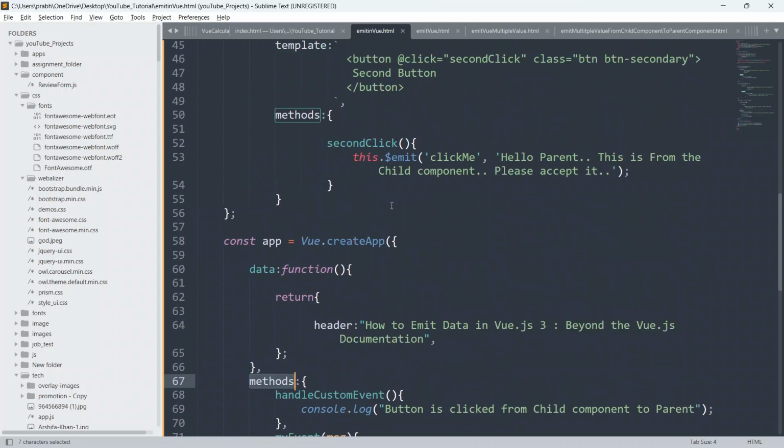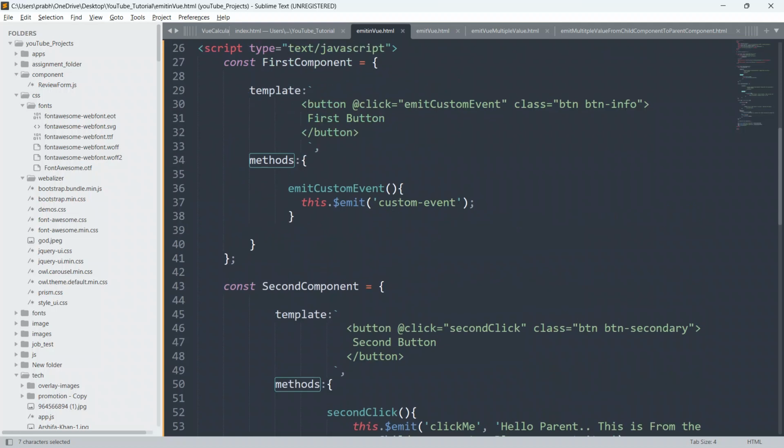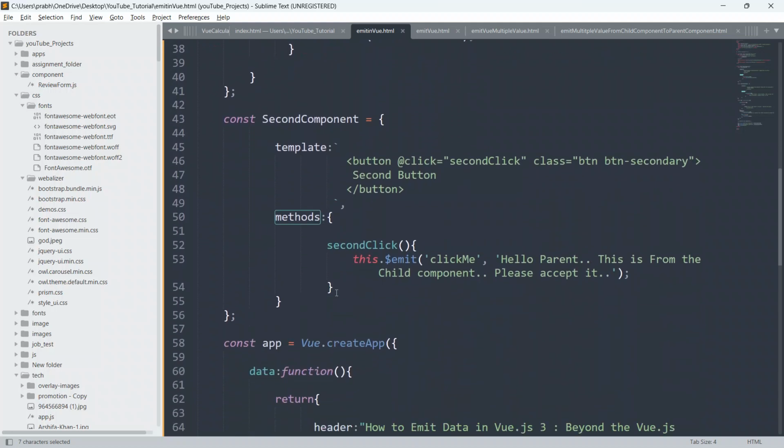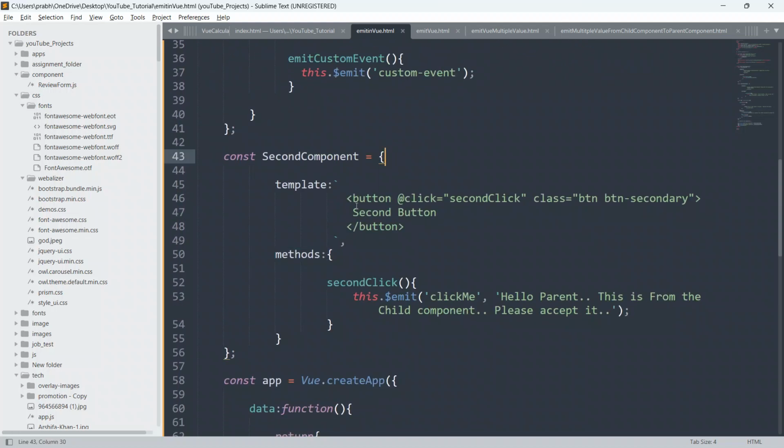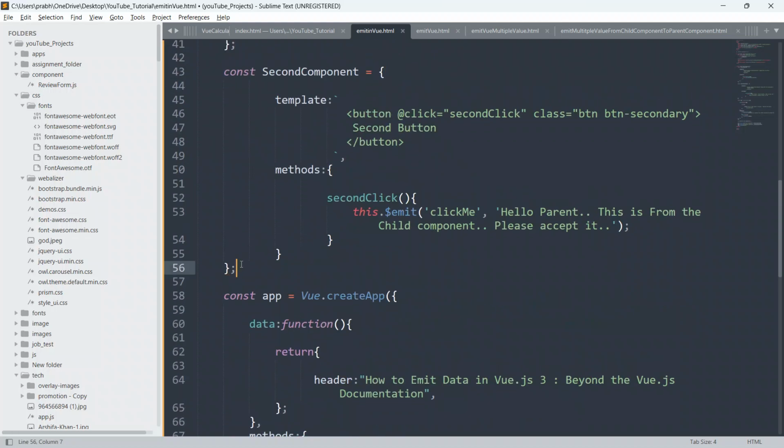Okay, so guys, now I'm going to define the last component. I will define one more component here. So first component, second component, and I'm going to define the third component also.